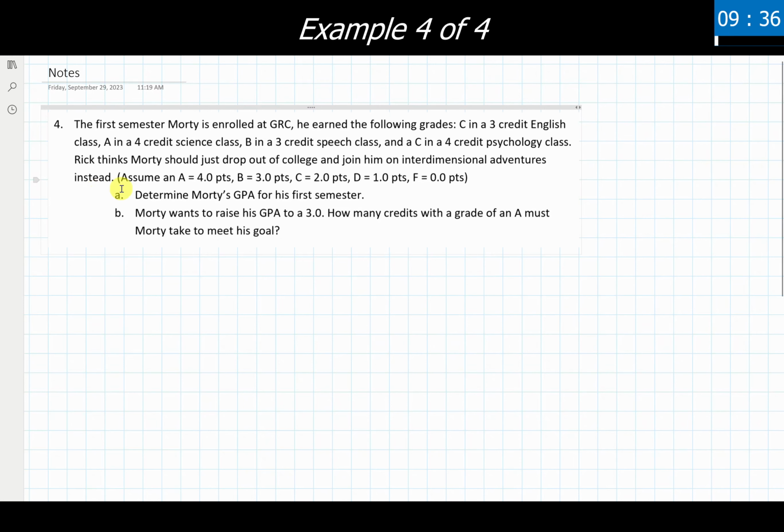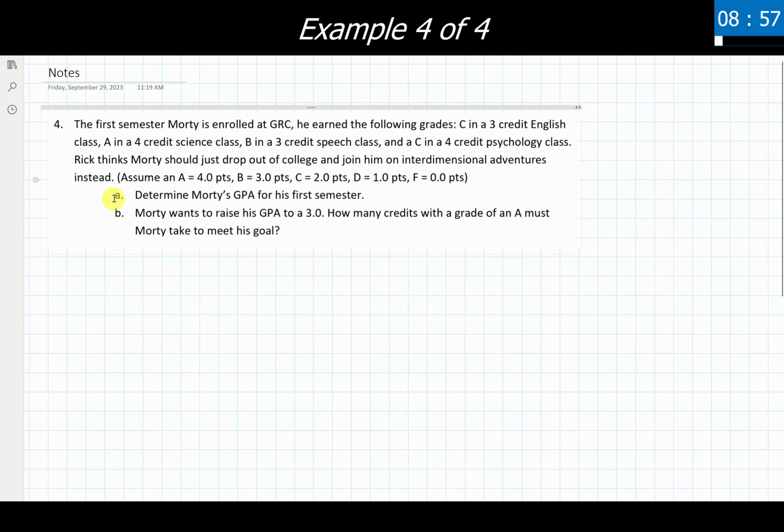And we're assuming that an A is a 4.0, B is a 3.0, C is a 2.0, D is 1 point, F is 0 points. Grade point averages, or GPAs, generally they assign point values to these, and this is the one that we are going to be using for this particular problem. It should be noted that different colleges use different scalings and point values depending on how they've decided to work with those, so just be on the lookout for that compared to this example here. These are numbers that I just came up with. They will vary depending on the school or class that you're looking at.